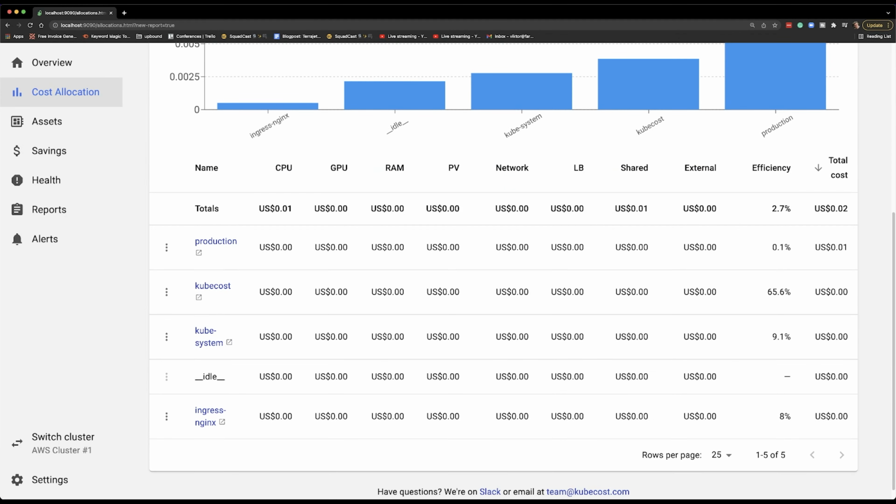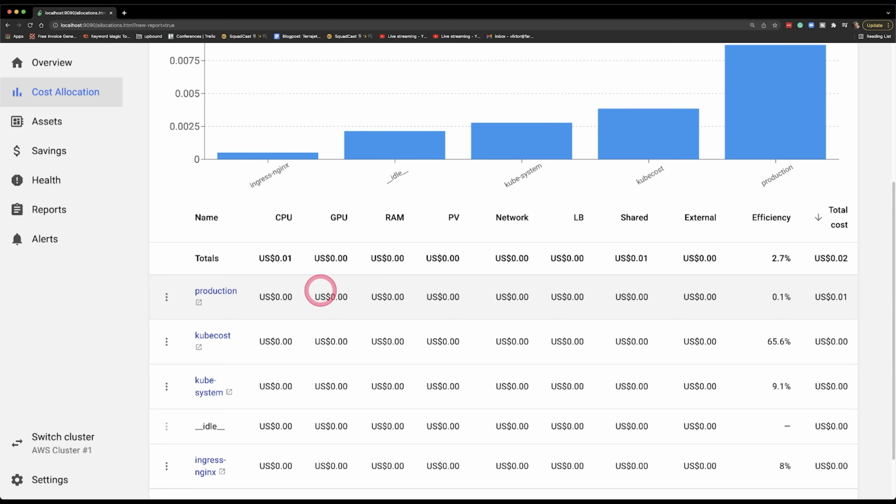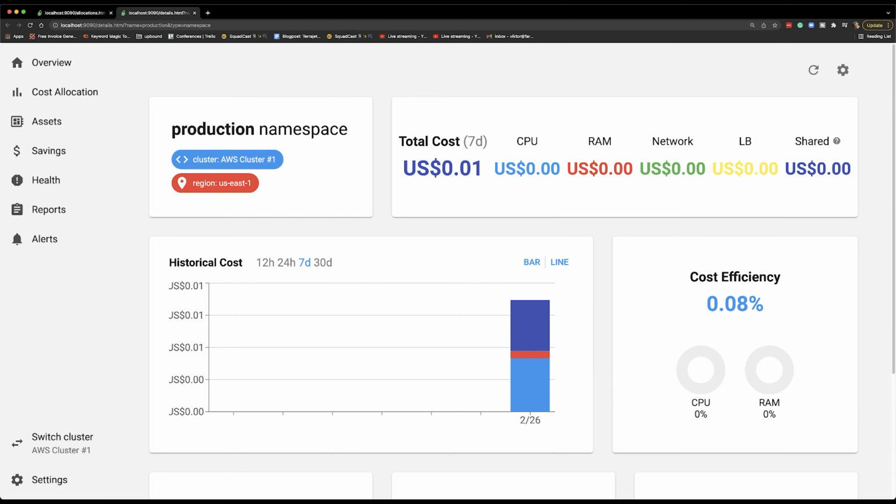And this is very useful because we can now see more granular information of what's going on, because the cluster itself might be very expensive or very cheap, but what is the culprit if it is expensive? We do not really know unless we start splitting costs by different criteria, and one of those criteria could be a namespace. So if we click on, let's say, production namespace, we can get even more detail what's going on